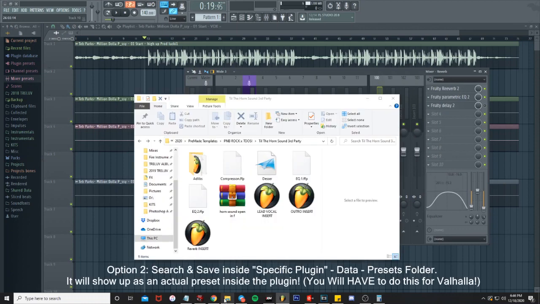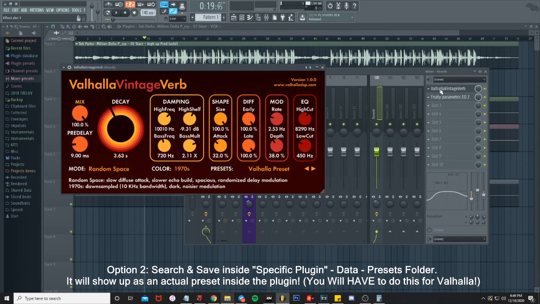Another thing is we got the reverb. So let's say we want to add the reverb in, go like that. The Valhalla Vintage Verb should open up. If it doesn't open up,